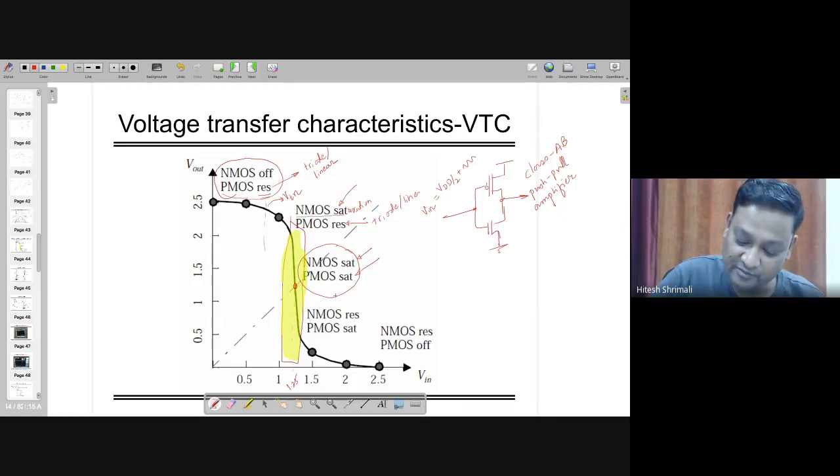So if you go beyond this amplifying mode, meaning this sharp transition, you will see that NMOS changes to the triode region while PMOS goes into saturation, and at some point where you reach VDD minus VTH, this PMOS becomes cutoff and NMOS remains in the triode region. I believe people should not have doubt on this, right? If you have doubt, you can stop me here. Otherwise, we can go further.